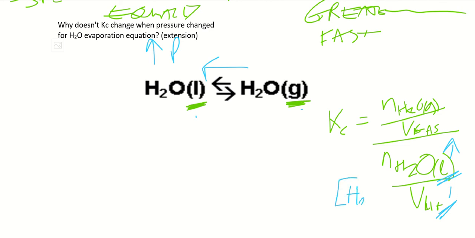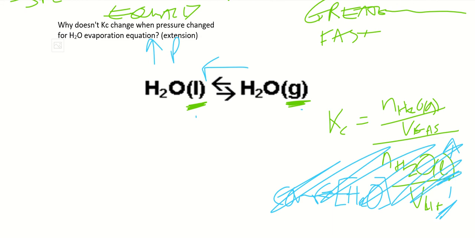Liquid water does not change, and that is why you will always see, if you look at these equilibrium heterogeneous systems, you ignore solids and liquids, pure solids and pure liquids, and they don't exist in the Kc expression, because the concentration of water should be constant. Okay, so if it's constant, then it doesn't exist in this equation. If it's not going to change, you just make the equilibrium constant a different number, but never consider it in the first place. But the concentration of water gas would change,